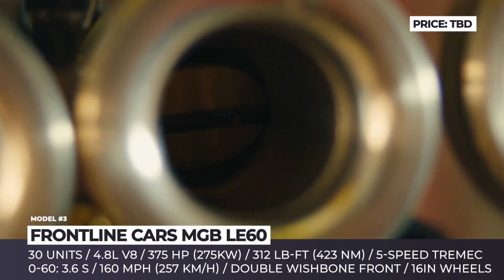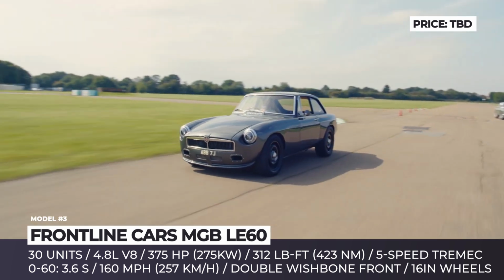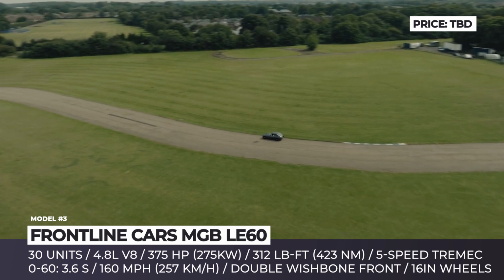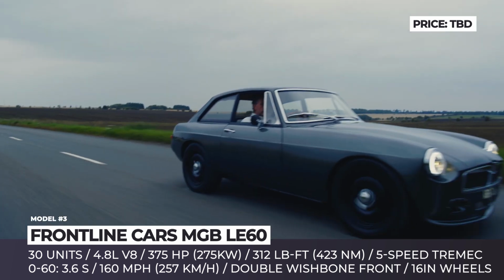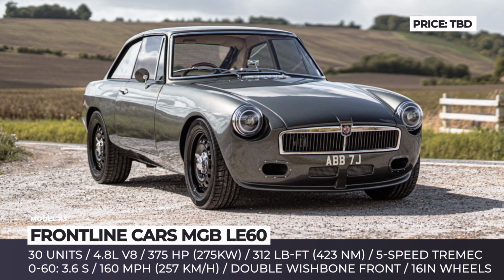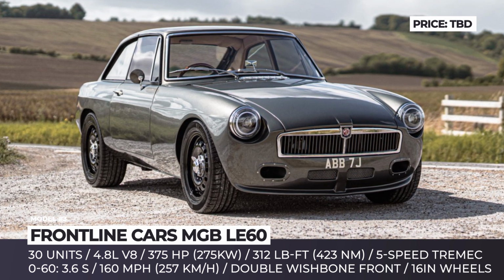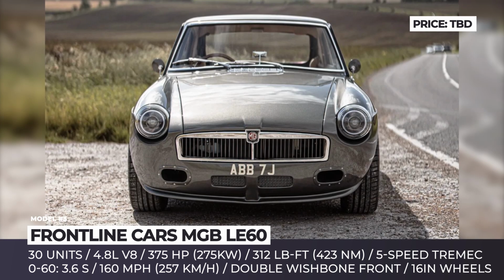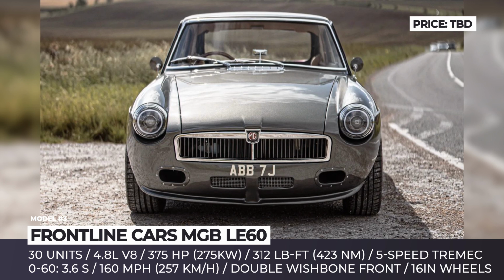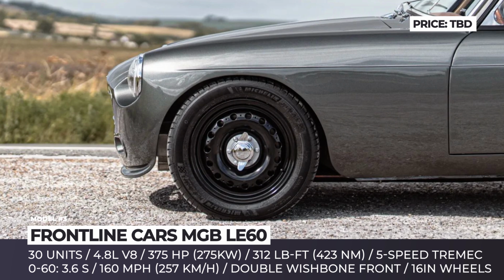To handle this substantial increase in power, the LE60 undergoes a comprehensive chassis redesign and is equipped with a custom suspension system developed in collaboration with Nitron. Achieving near-perfect 50-50 weight distribution, this coupe features a double wishbone front suspension and a 6-link setup with Nitron coilovers at the rear. Frontline's most potent creation yet harnesses a modified 4.8-liter Rover V8 engine, delivering an impressive 375 horsepower